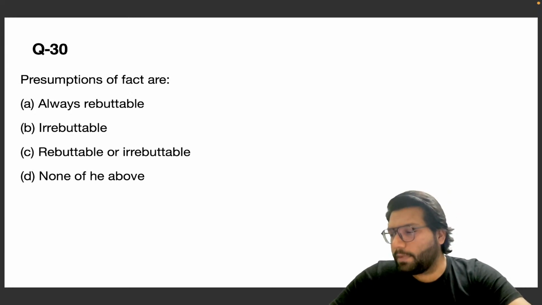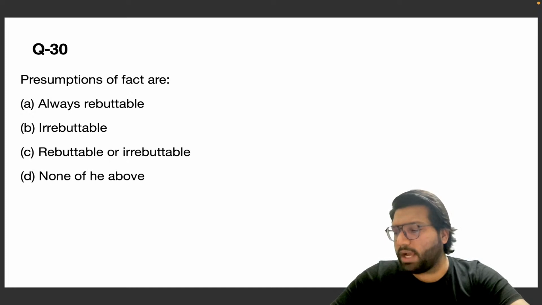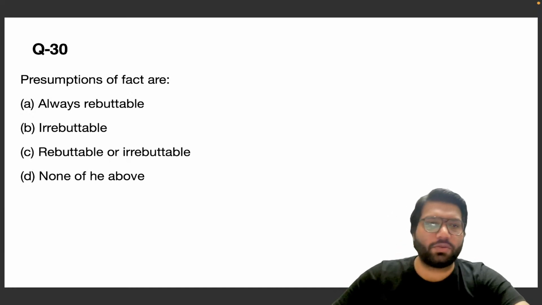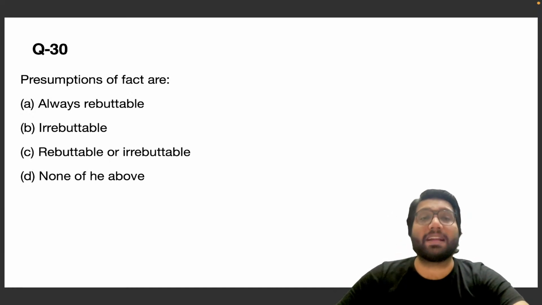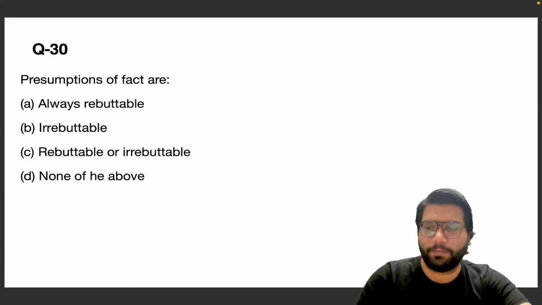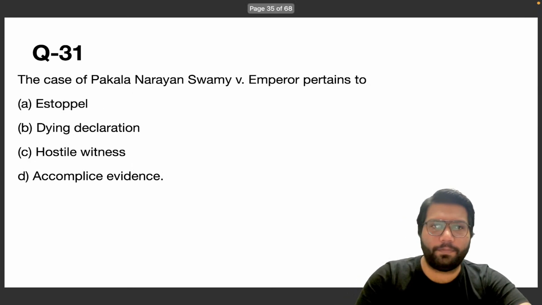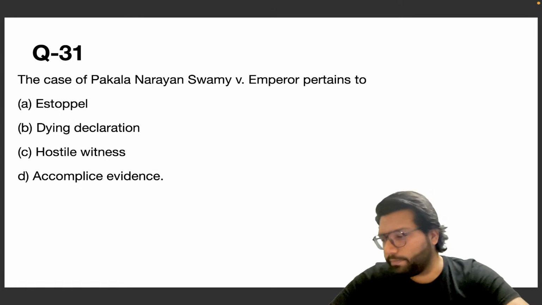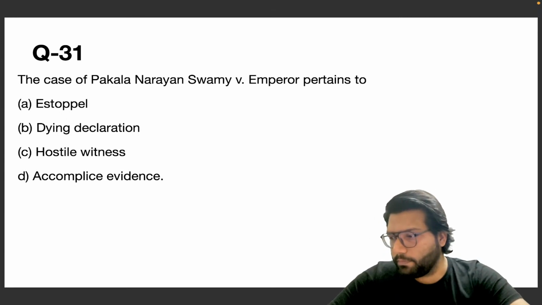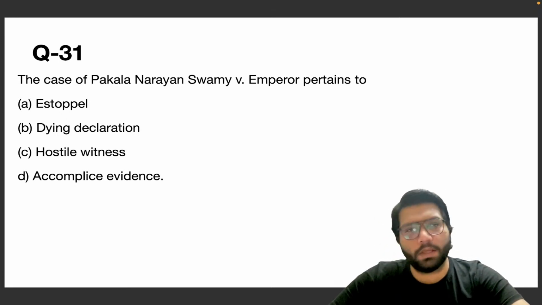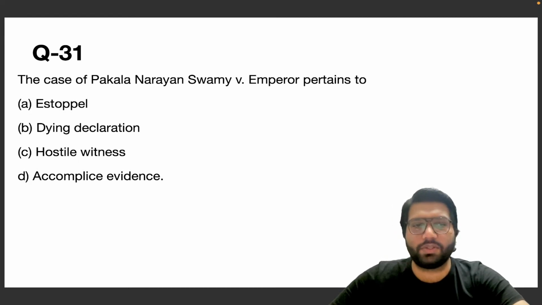First one to answer correctly, Amit, followed by Dikshit and Shalini. A is the correct answer, students. That is always rebuttable. The case of Pakala Narayan Swami versus Emperor pertains to